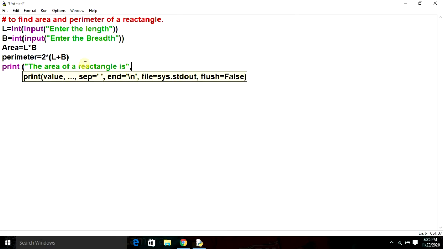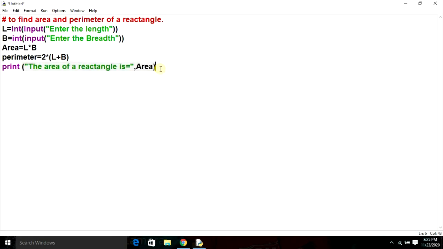We put a comma, and what do we write for the area? Area, A-R-E-A, and bracket close. Remember, whatever we want to print, we have to type it in round brackets.